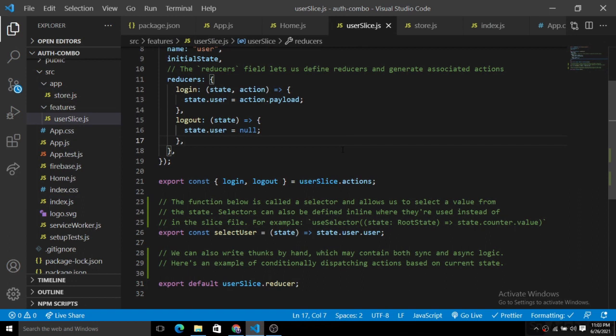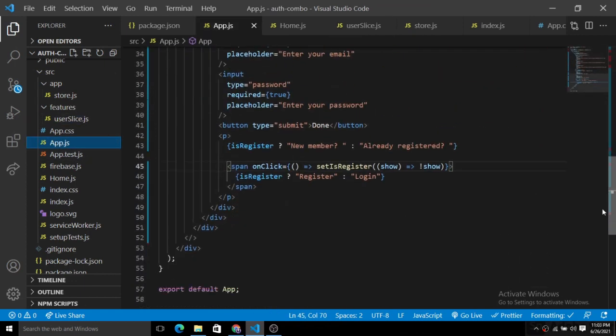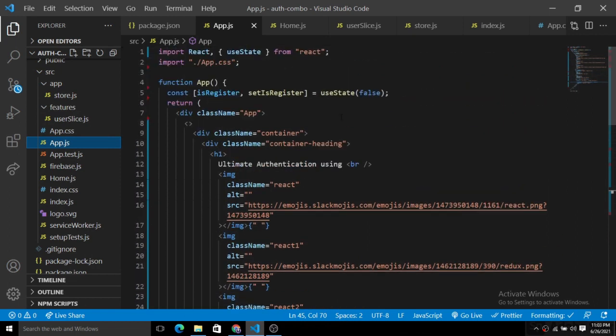Now after this, we have a user state. We have already created our user state. To test this, you need to go inside your app.js, and we will simply implement these things, use our user, get the user, like here. So just pay attention.